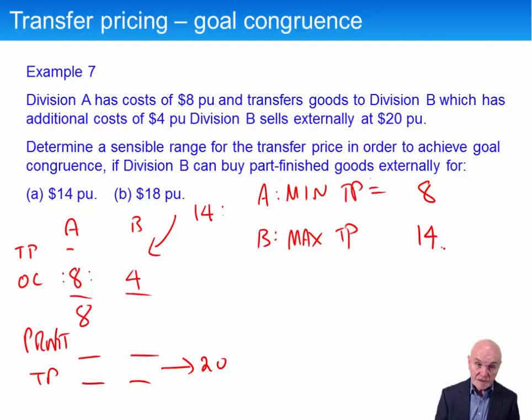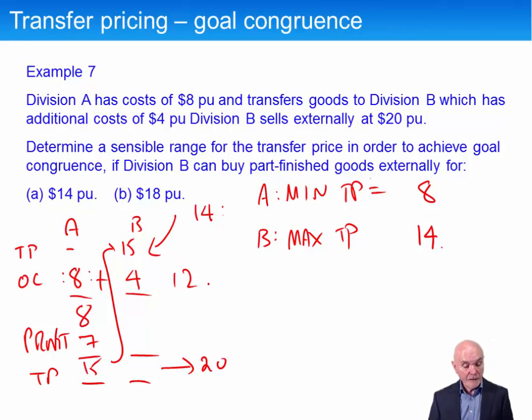If the transfer price was 15, if we put in here 15, we're faced with a decision: we buy in from there at 15, or we buy in here at 14. And all that happens is, if you buy in there at 14, you have your own costs of 4. That's going to be 18. We sell outside, we're only going to make a profit of 2. Whereas we know the other way, 8 plus 4, 12, we can make a profit of 8. It is better for B to buy internally, better for the group if B buys from A internally. 8 is a lower cost to the group than 14.